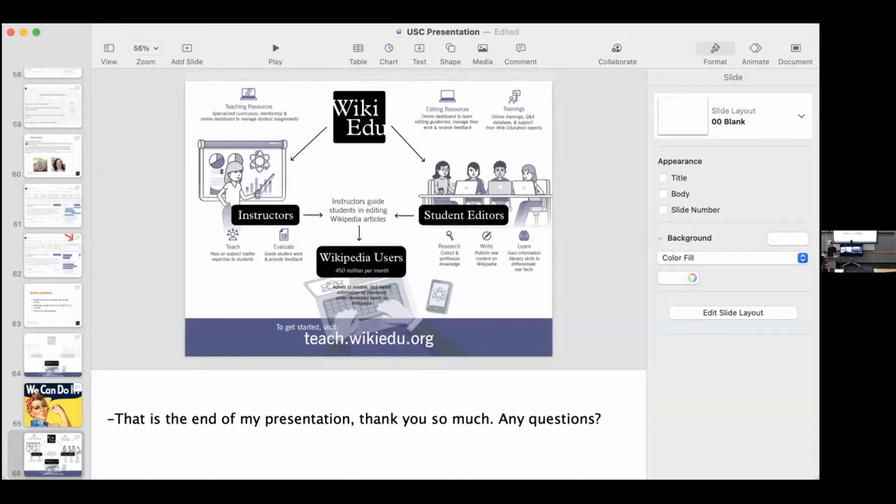We do have other professors who kind of run it in parallel, though parallel isn't quite the right word, but they sort of let go, right? They say, enroll on the dashboard, follow the instructions, and they kind of step back. I would say that it's helpful to be somewhat engaged, to understand what they're doing, and to potentially even do it along with them a little bit, so you have an understanding, especially the first time you run it, because it is unfamiliar to both you and your students. But other professors are a lot more hands-off. It sort of just depends on what works best for you and for your students. Some students are a little more comfortable diving into the Wikipedia world than others, and it just kind of depends on the group of students you've got.